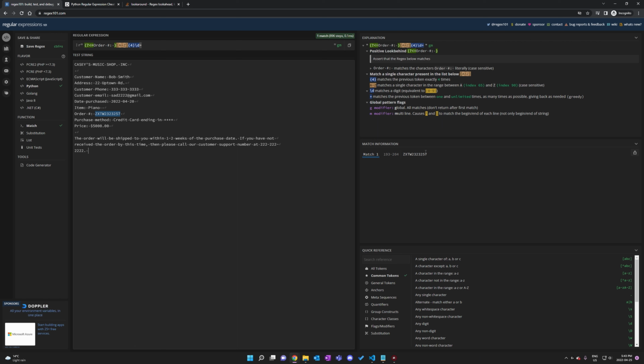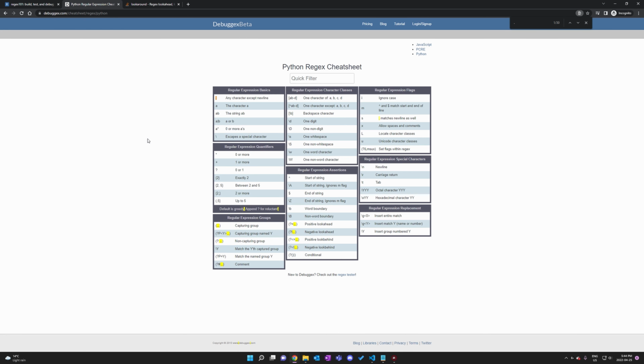And right away, you can see it matches the expression ZXTW323257, which is what we want to rename it to. And the regular expression we're using is called a positive look back expression. Now, this might be a little confusing, so you can look online to find a regular expression cheat sheet, and you can look up what each of them do, but it doesn't really go into much detail on this